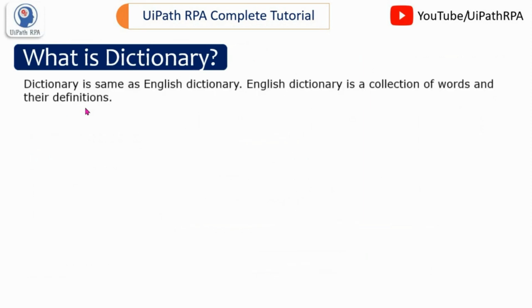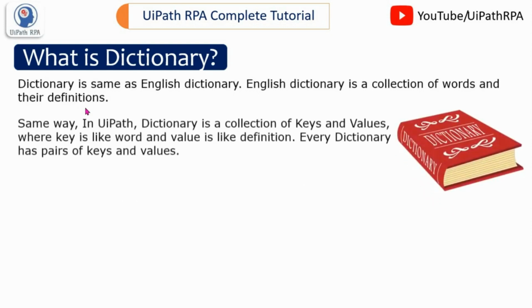A dictionary is the same as an English dictionary. An English dictionary is a collection of words and their definitions. In an English dictionary you get the word and you get the definition also. In the same way in UiPath, a dictionary is a collection of keys and values, where a key is like a word and a value is like a definition.